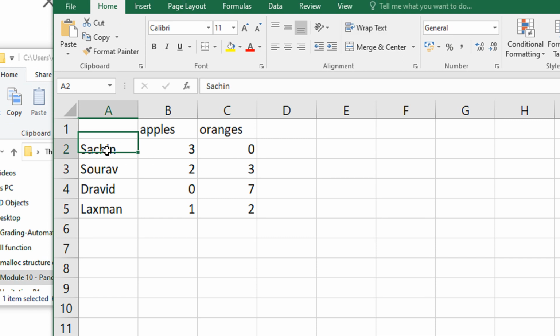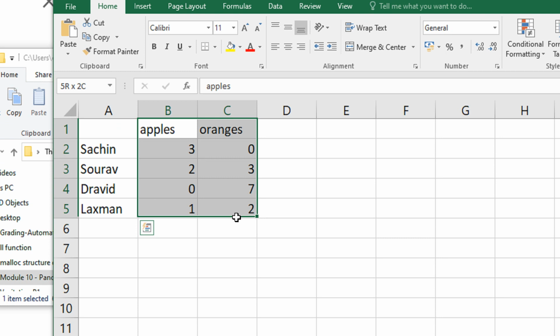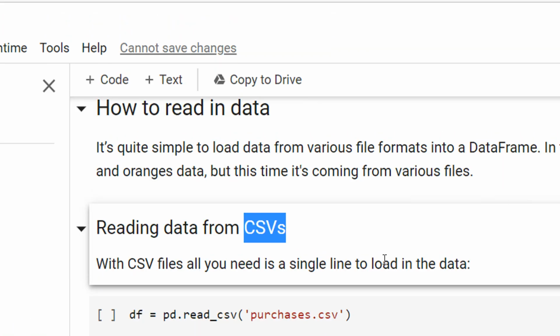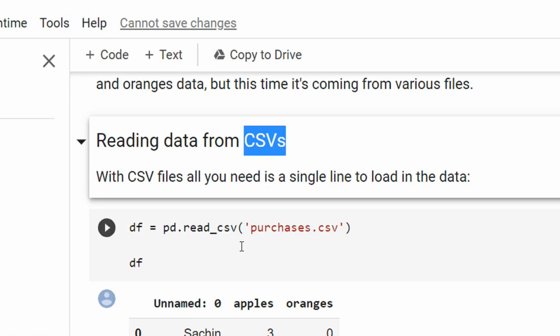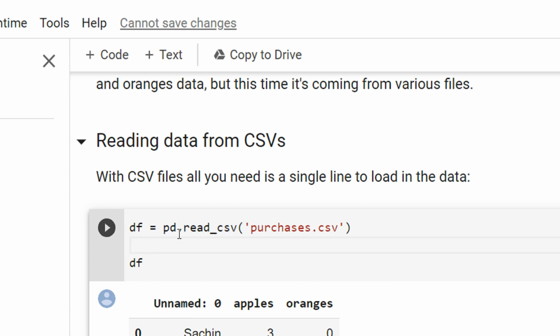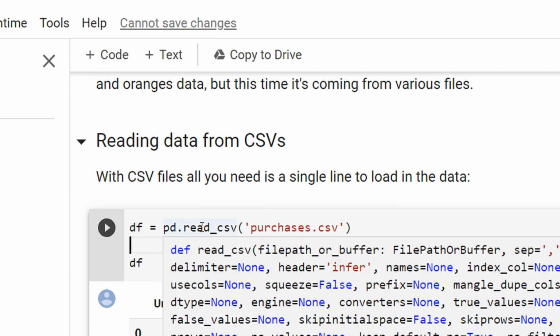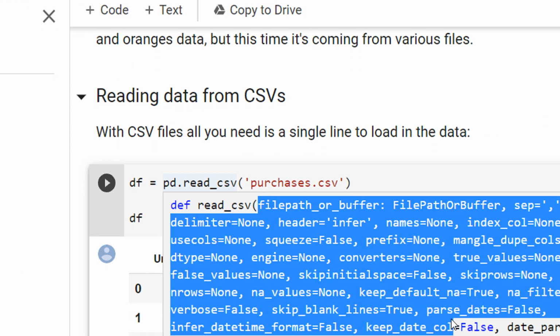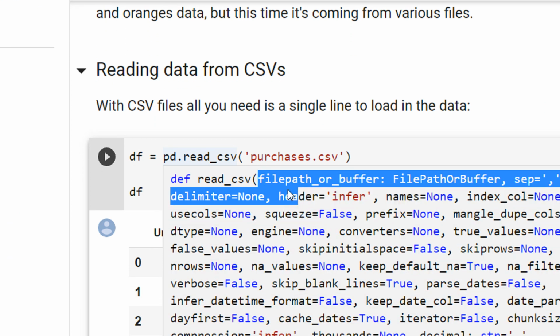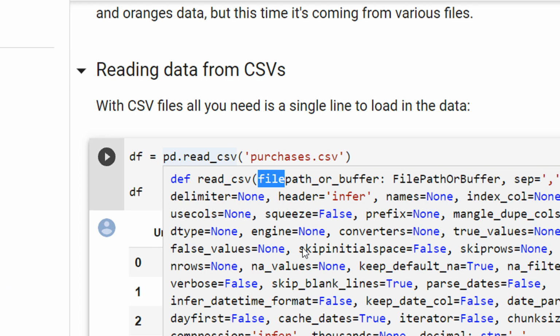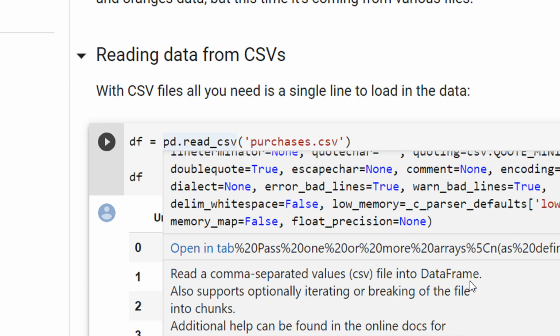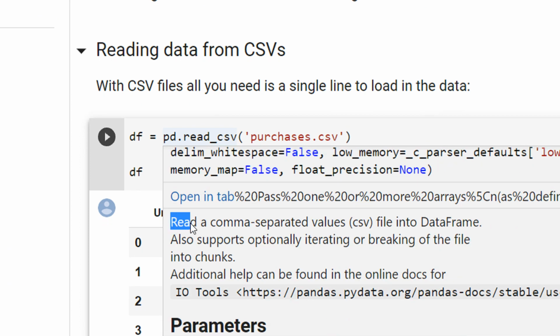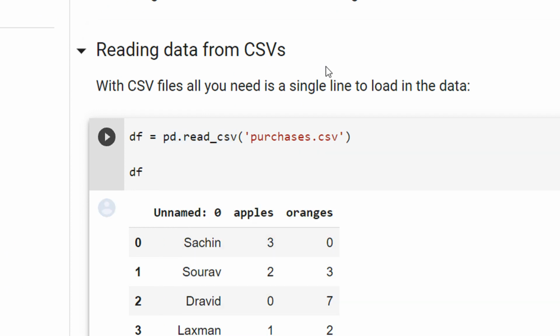It's a blank here. This will become our index and this is our data. So how do you read this? So df is equal to pd dot read csv purchases dot csv. So that's how easy it is, right? So you just use the function read underscore csv. You can see it has tons of other features also, right? So it's a very powerful library. You can use engine, converters, skip initial rows, and there are so many things, right? So the help file says: read a comma separated file into a data frame.